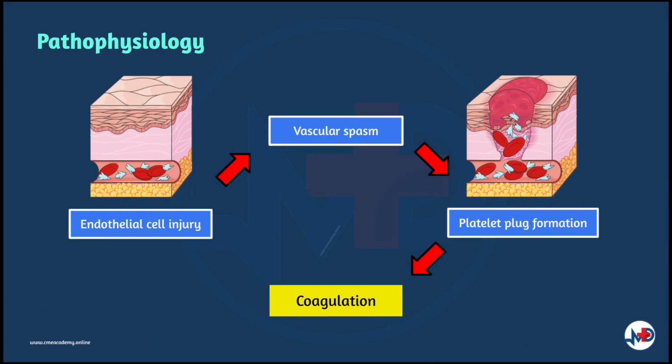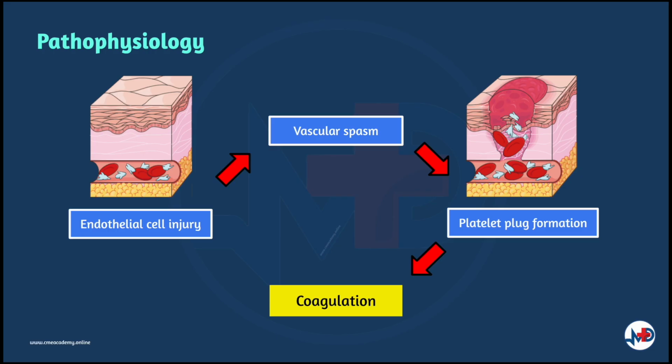Normal pathophysiology of coagulation cascade starts with endothelial injury, where a blood vessel is severed or injured. Blood and blood components such as erythrocytes and white cells are leaking out of the breaks. Next, vascular spasm ensues. Smooth muscle in the vessel wall contracts at the injury point to reduce the blood loss. Platelet plugs are then formed. Platelets are activated by chemicals released from the injury site and by contact with underlying collagen. The platelets become spiked and stick with each other and the wound site.